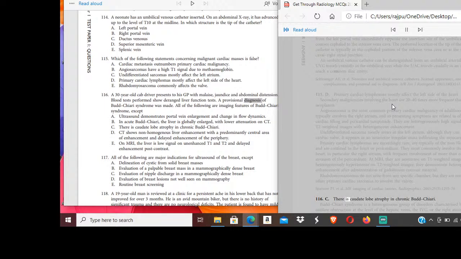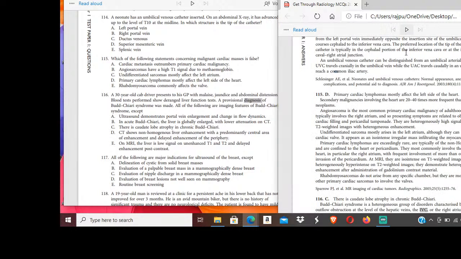116. C. There is caudate lobe atrophy in chronic Budd-Chiari. Budd-Chiari syndrome is a heterogeneous group of disorders characterized by hepatic venous outflow obstruction at the level of the hepatic veins, the IVC,